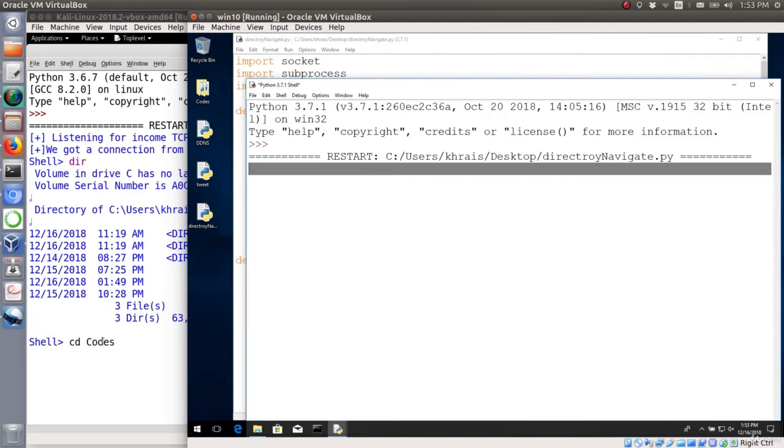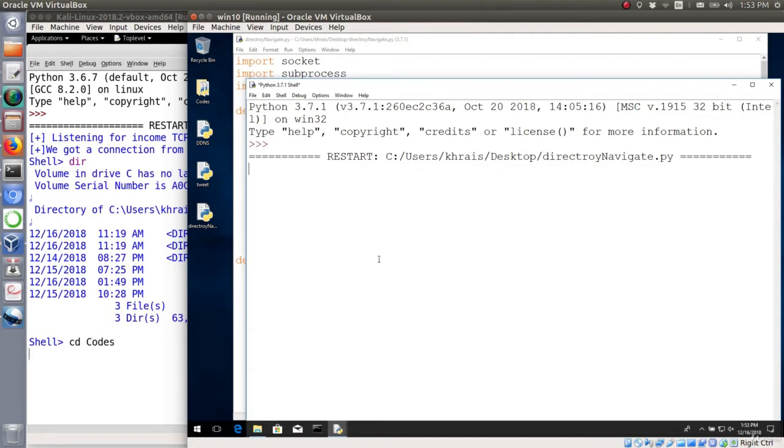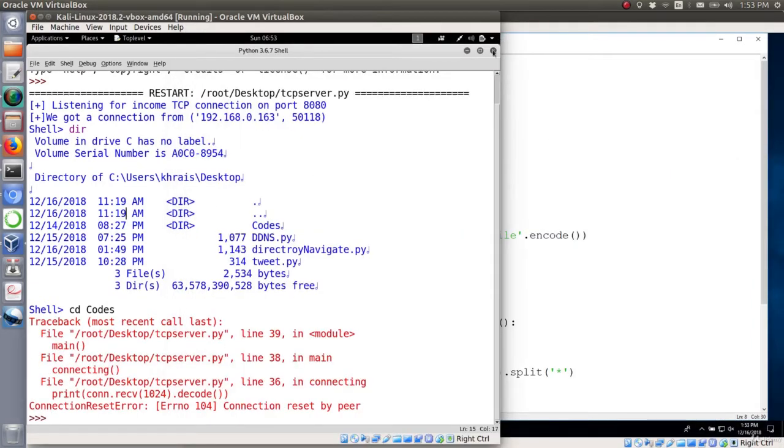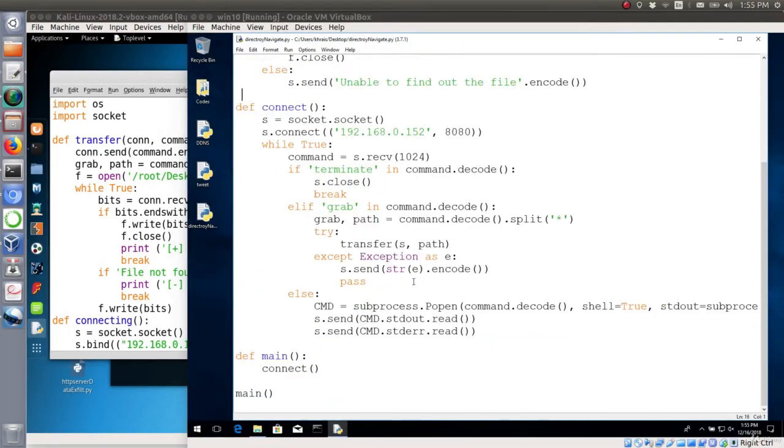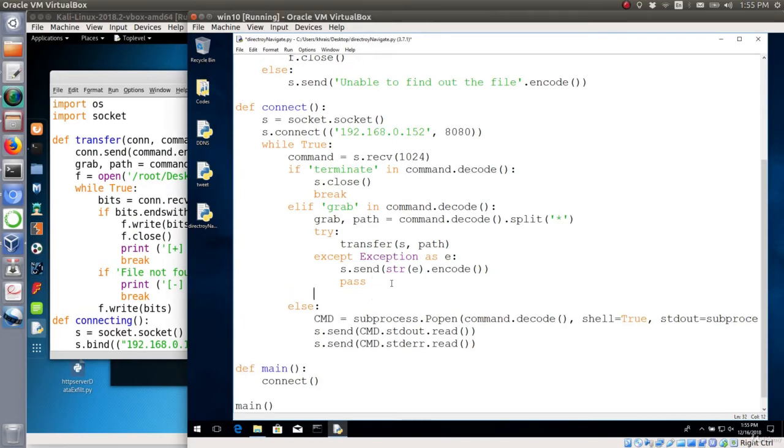So to overcome this problem, we need to explicitly inform the script on the target side that the cd command is to change the current working directory based on the incoming command from the Kali Linux. So let me just terminate this and we're gonna work on updating our script to handle such a command. Okay, so I'm gonna start from this part and I will add a new else if statement, and say if cd was in the command that we received from the Kali Linux,